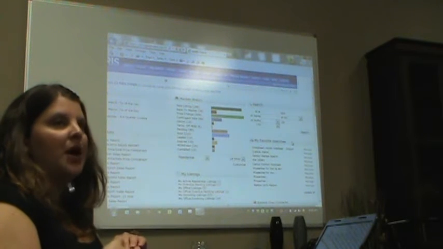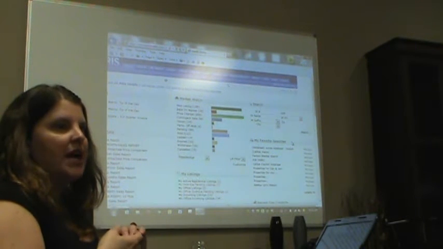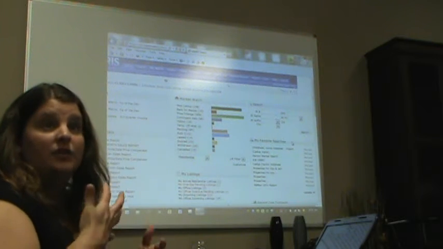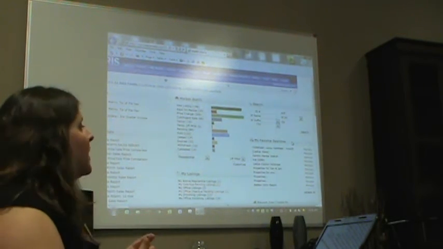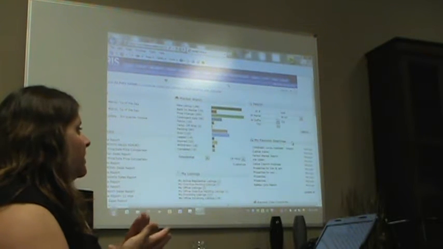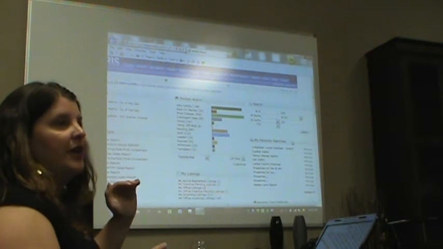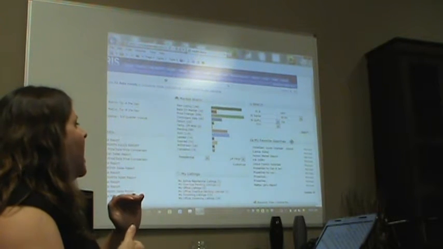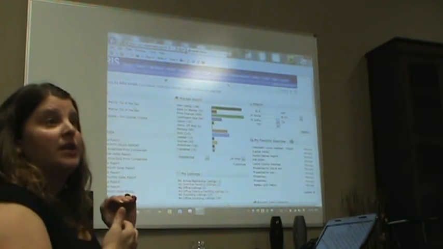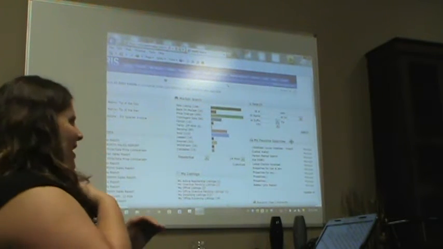And I think this is probably one of the features that's not taken advantage of. People aren't aware that they have this little feature that can be very, very helpful to you. What it is, you can save up to 10 searches as favorite searches on your homepage, and I'm going to show you how to do that in just a moment. And then with the click of a button, you can get your update on, I'm sorry,